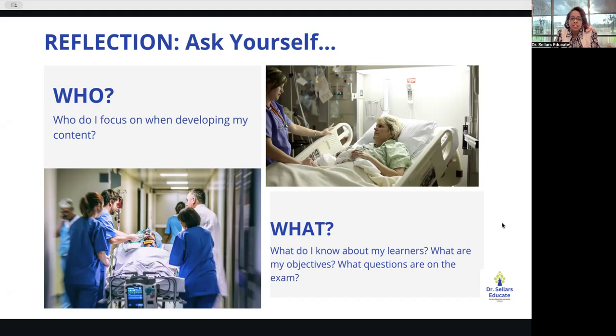Here's another question you want to consider. What questions are on the exam? And how have I mapped or aligned it with the content that I'm actually teaching in my course? I know this is a lot to reflect on, and this is a little bit different of a format. Now that you've printed out that study worksheet for our time together today, we want you to write down and reflect on these 2 categories of who and what. Now, we're not going to go through all 5 of those questions that we initially started with, but these are 2 really good ones to help you dig deeper into your knowledge areas as it relates to integration.